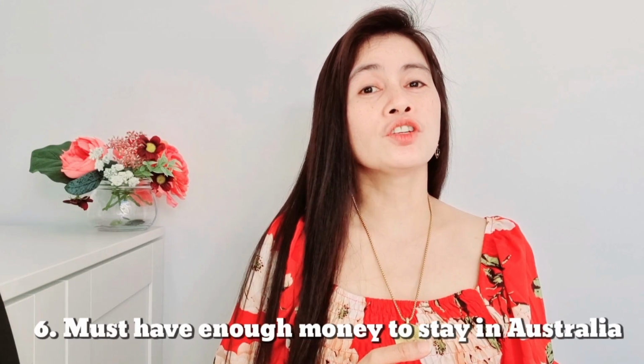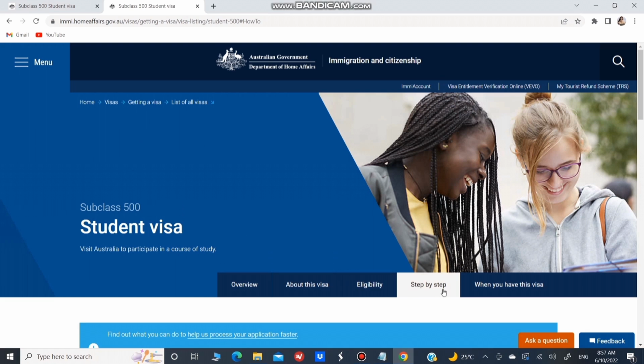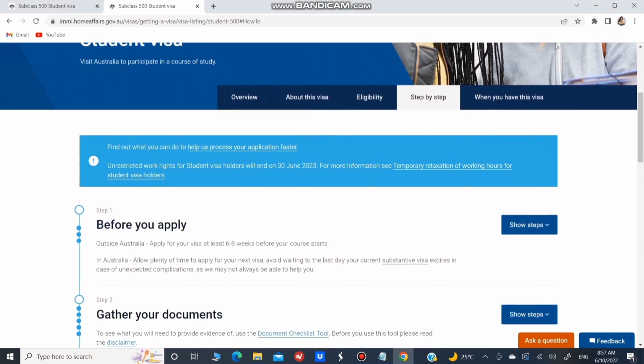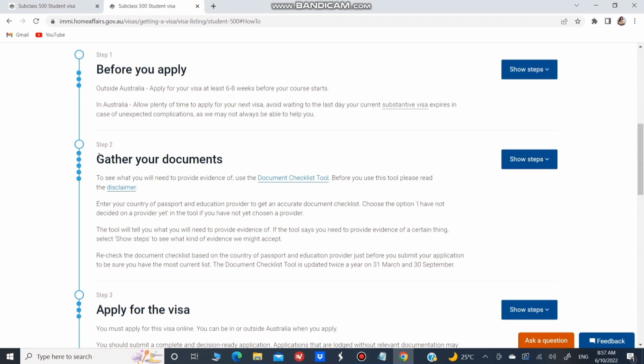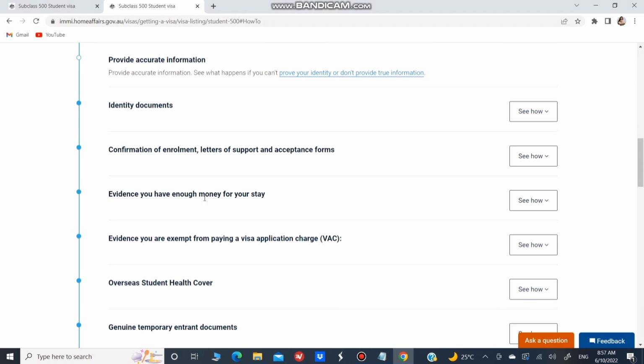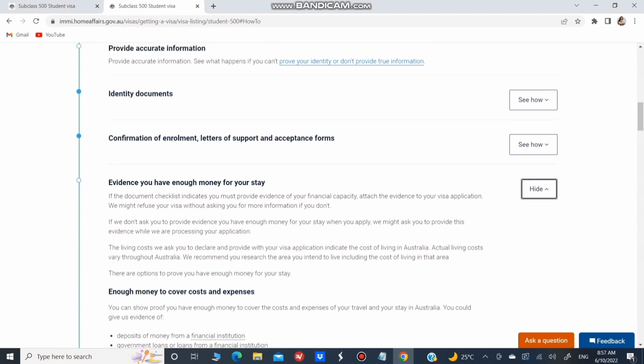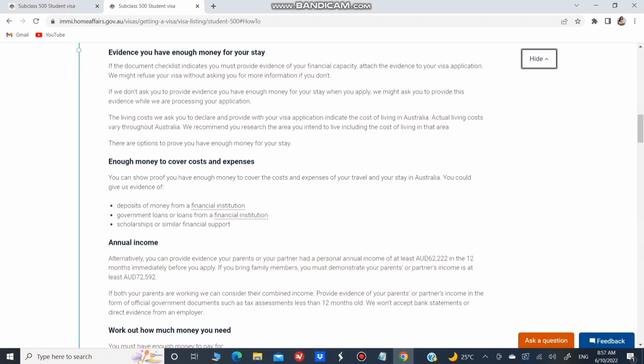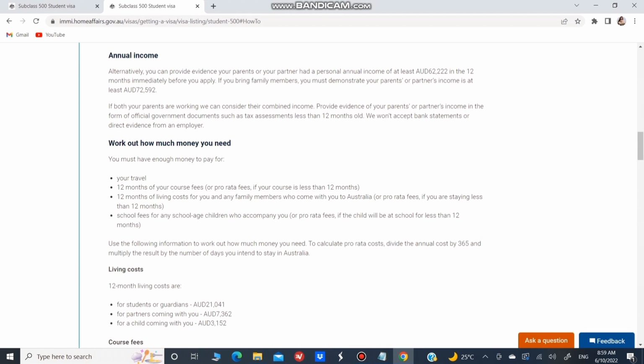Sixth, you must have enough money for your stay here in Australia. To know how much money you need, or how much show money you need for your stay in Australia, let's check this out. Click this Gather Documents. Then below, click on Evidence you have enough money for your stay. Then scroll up and you can see Annual Income. This is the estimate of money your family has or saved. You should have at least